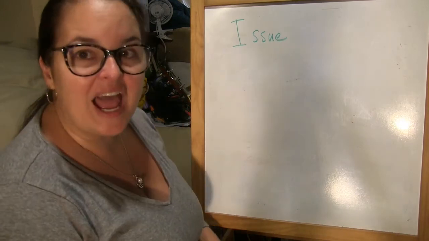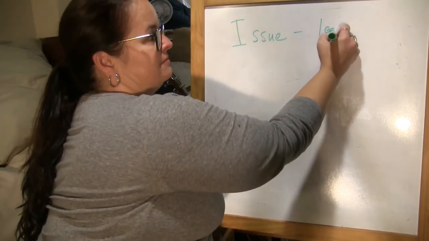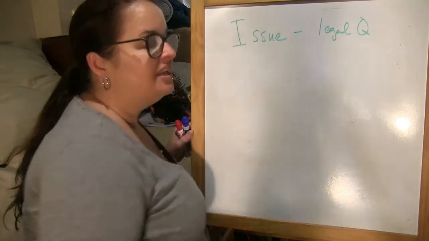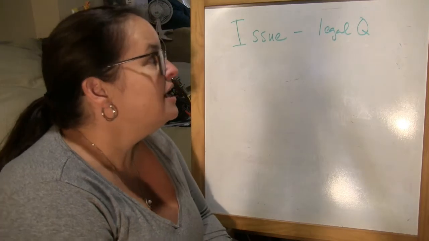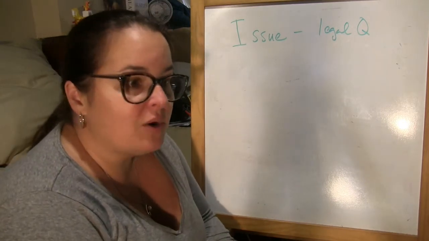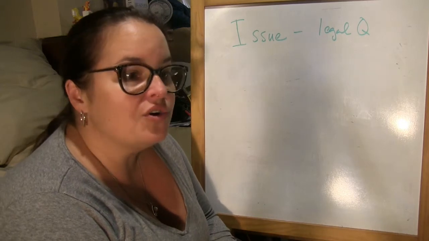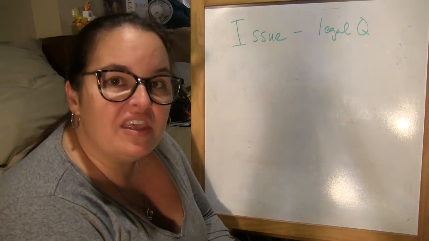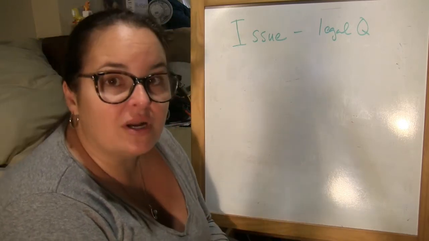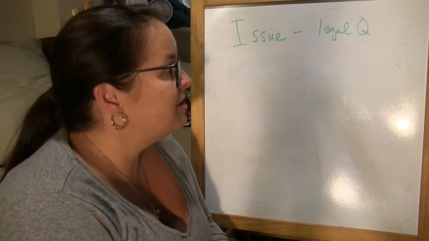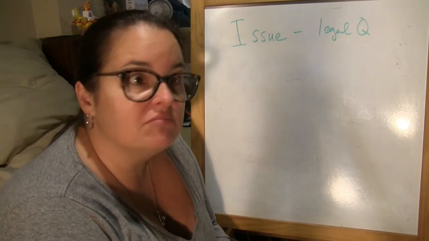The I in an IRAC brief is the issue. It's the legal question. It is always in the form of a question. Let's take a case that everybody knows, doesn't matter whether you agree with it or not, Roe versus Wade. What is that legal issue? Whether or not pregnant people have the constitutional right to an abortion. That is the legal question: do pregnant people have the constitutional right to an abortion?